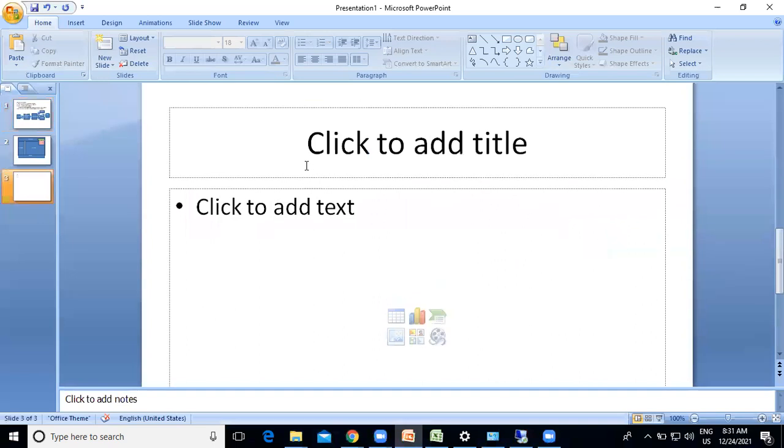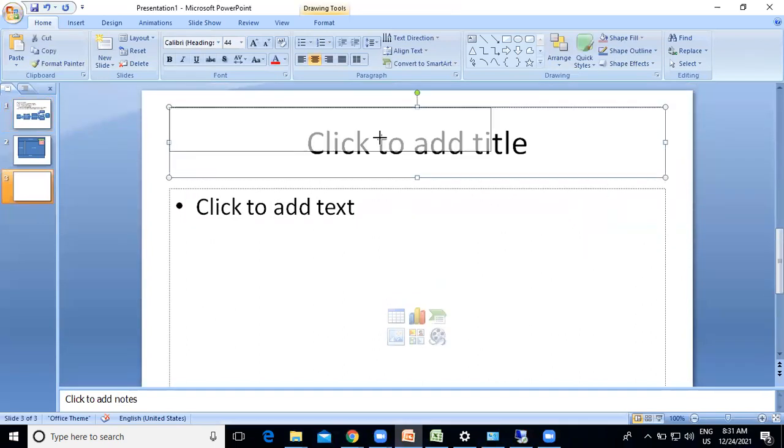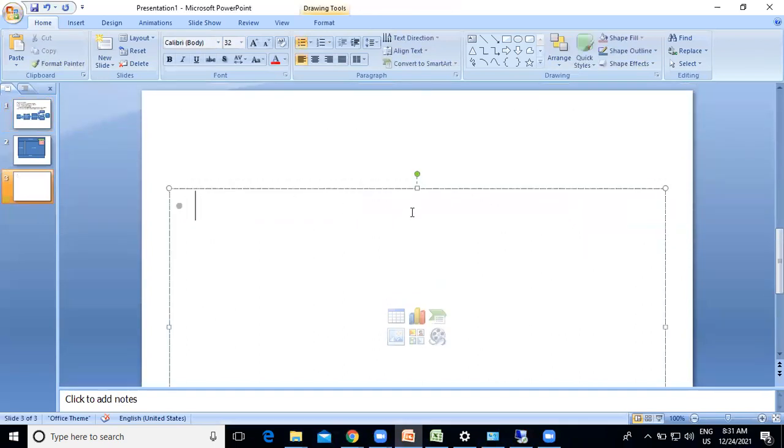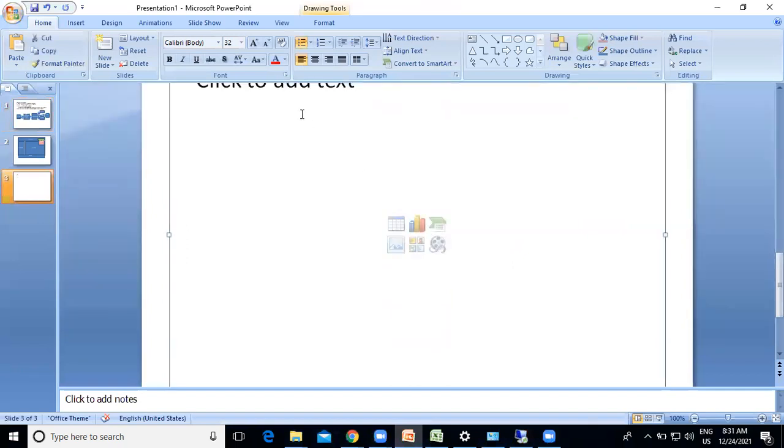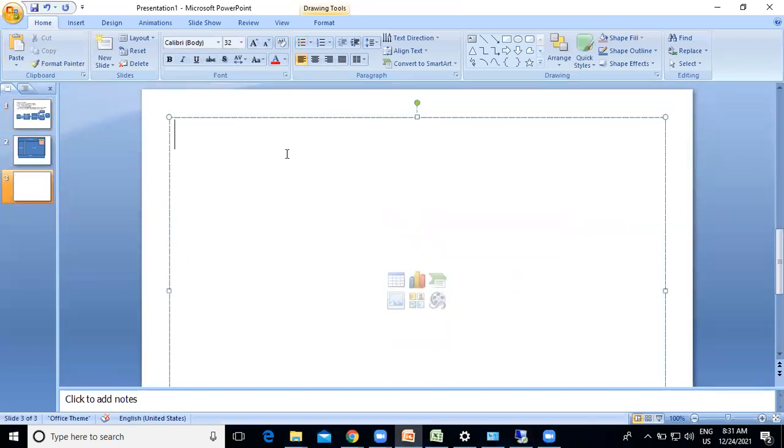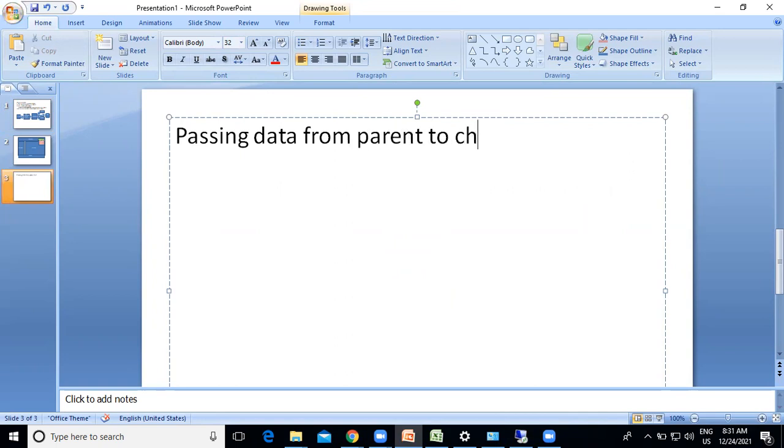Take a heading: passing data from parent to child component.